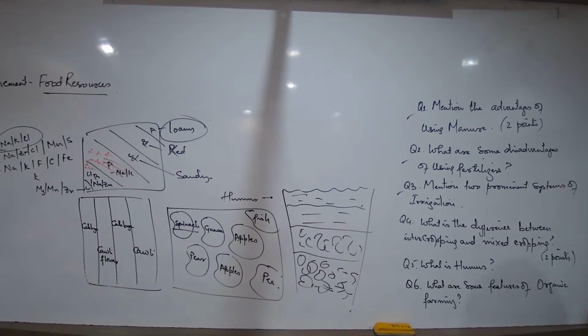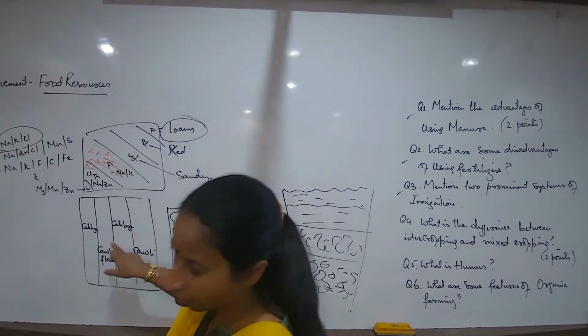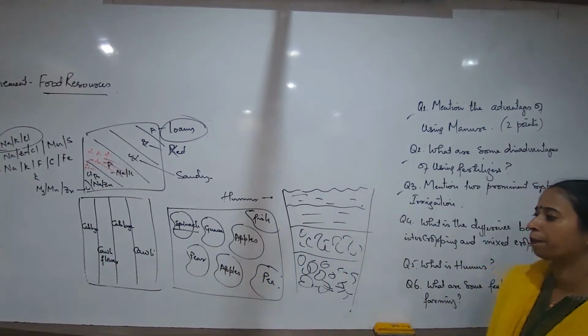3 or 4 types of crops are grown in a definite pattern. What about mixed cropping? In mixed cropping, 3 or 4 types of crops, even more also, can be grown in a random pattern. Just randomly, there should be no definite arrangement. Intercropping is the same, and in mixed cropping random. In intercropping it has to be a specific, definite pattern. Either you divide the land this way or that way. That is intercropping.